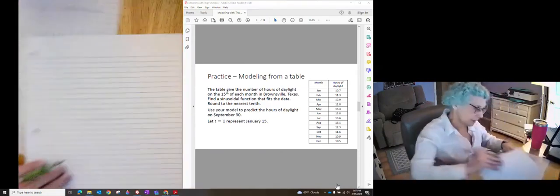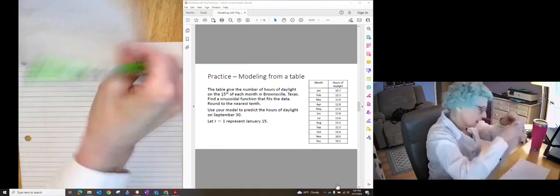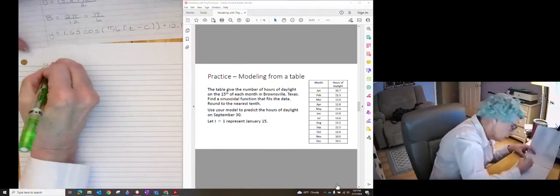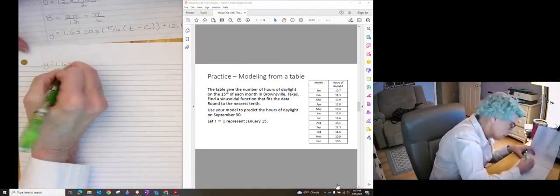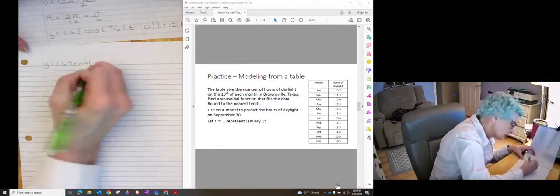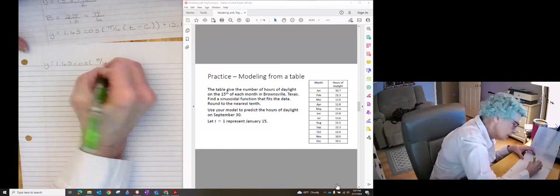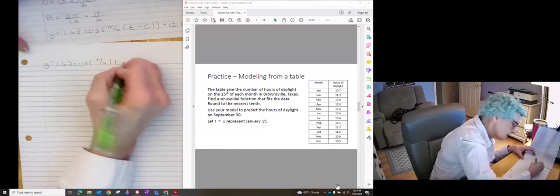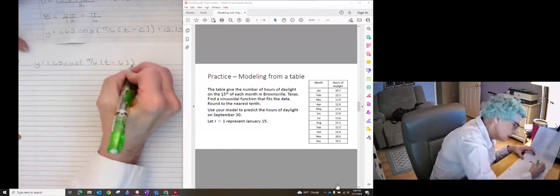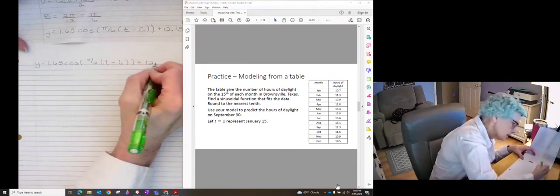So I'll just fix this. Y equals 1.65 cosine pi over 6 times t minus 6 plus